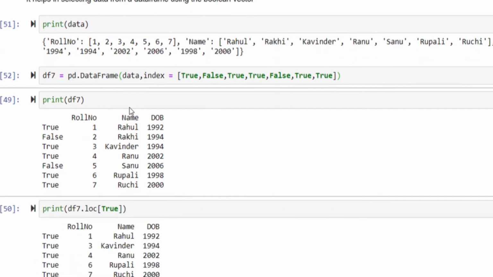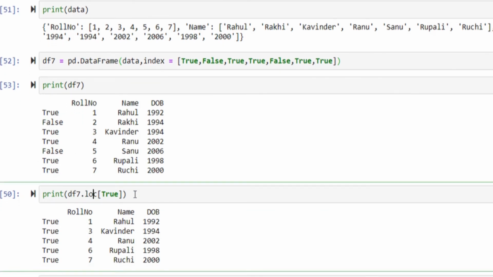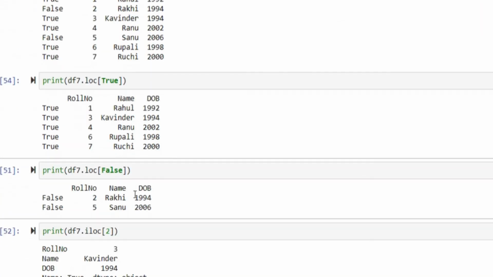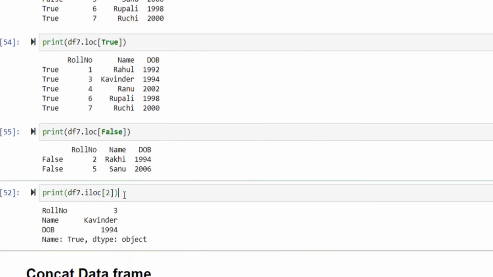Now print df7, which has all rows labeled with Boolean values. Now I will access these rows using Boolean values as well. I can access using Boolean indexing, true or false, and I can also access it using integers.